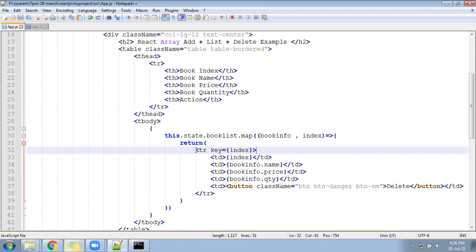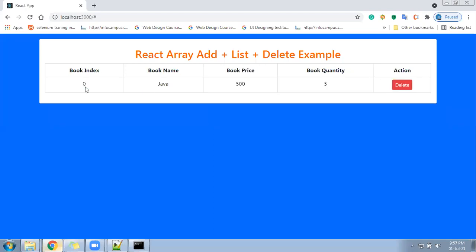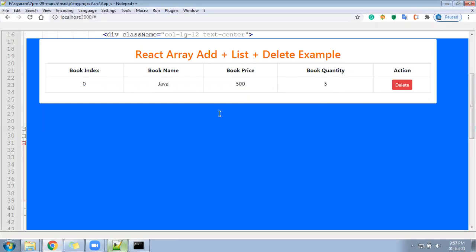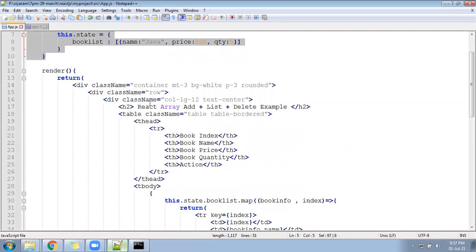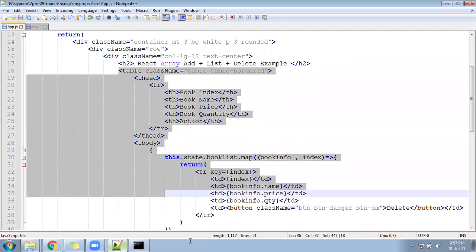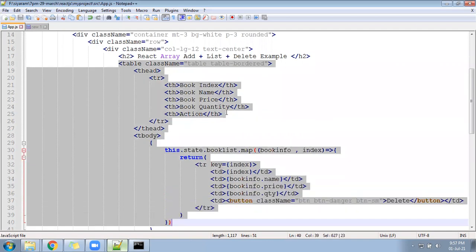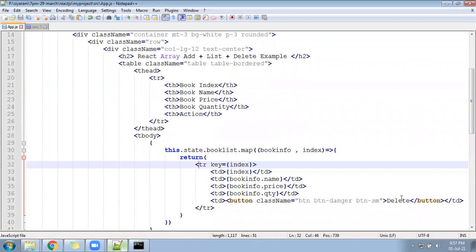I have already explained this properly in my previous video, that is called single dimensional array manipulation. You can have a look into that. Now let me go ahead, and you can see one product's details is coming for me. That is the Java book details I have stored, that is coming, right? So till here, what we did, we created an array inside the state, and we created a table inside the page, and inside the table with the map function, we displayed the data. Next functionality, we will do the delete part, how to delete the element.